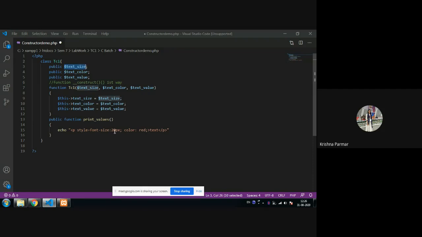Like 20 px is static that I am giving to this program, but that varies from customer to customer or user to user, right? So instead of 20 px I use the dollar text_size. But make sure you use these keywords so that it refers perfectly to the variable. Okay. But you cannot write it down like that, it will not evaluate, because you wrote everything in the inverted comma.